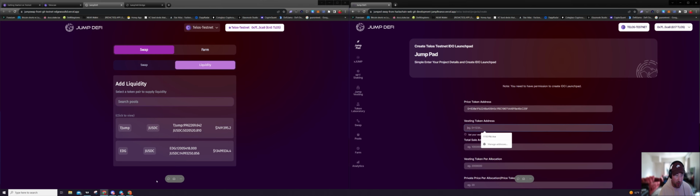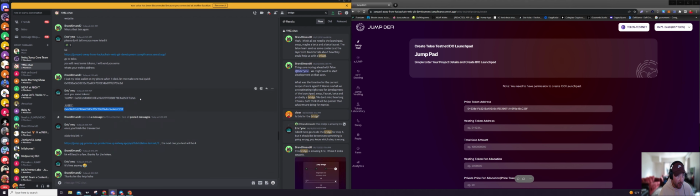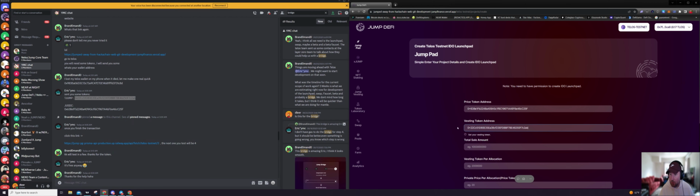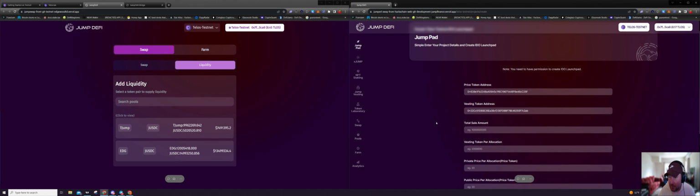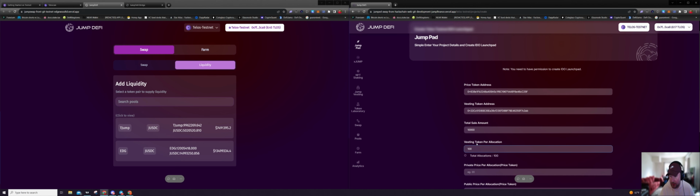For the vesting token address, that's where we'll input the Jump address. And again, this is something that wasn't readily super clear. I think we can optimize the language there. So I'm going to be selling a Jump token, and in return, I'm going to receive USDC. That's what it means. Total sale amount will do 10,000, and vesting token per allocation will do 100, which means